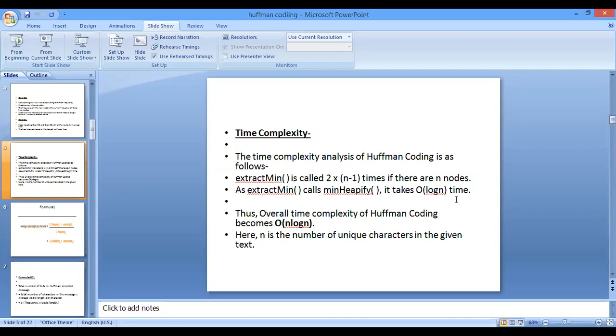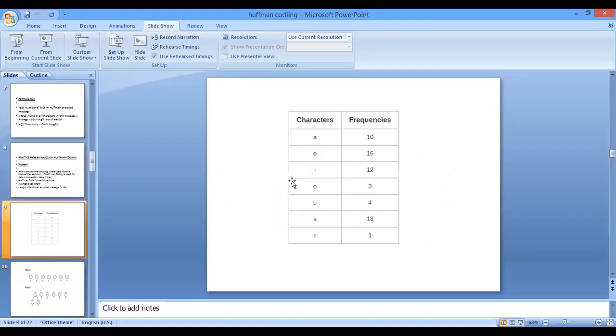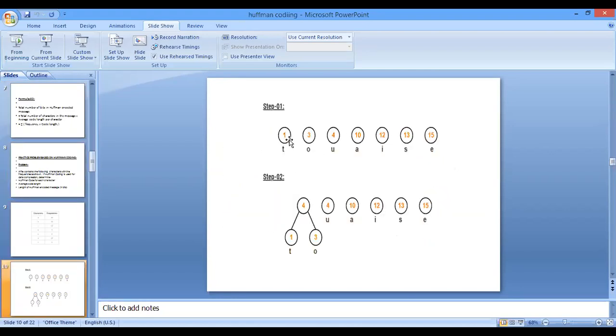Okay. So here you can see that the first step is what? First we create a heap tree in which all the nodes are leaf nodes, right? This is your minimum heap tree, in which all the nodes are leaf nodes.